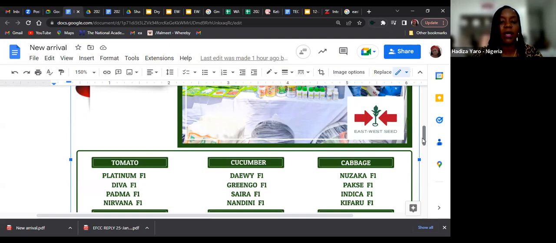For the cucumber, last year we launched a new product called Dewi F1. It's one of the favorites of the farmers because of its size and looks. It's really beautiful. Dewi is on the ground. Last year, there was a lot of demand for Dewi. We also have Gringo F1, like I said. Aside from that, for the Orientals, we have Syra F1 and Nandini F1.